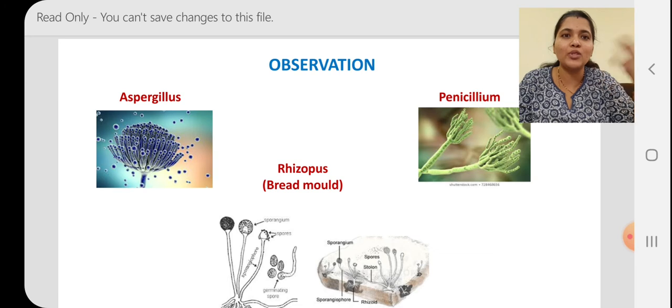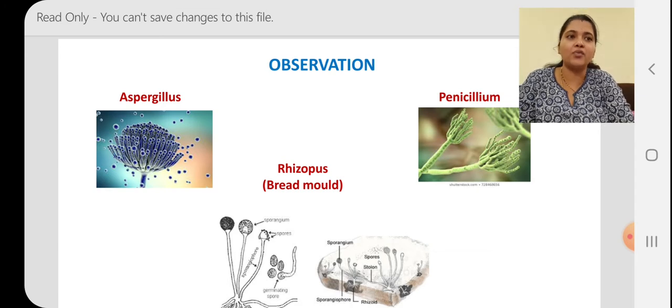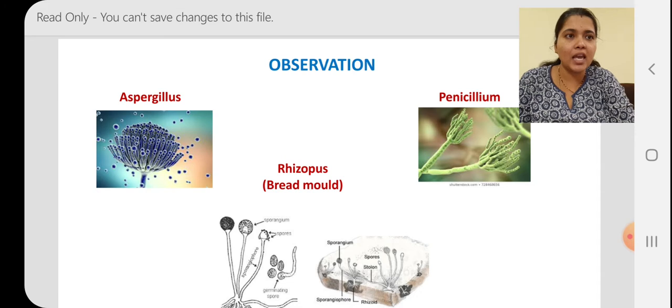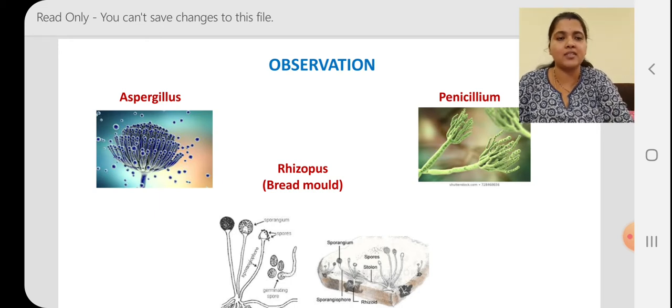I said all the spores go and fall somewhere, and again it will develop into a hyphae, then again it will spread. That is the reason we say we always have to cover the food items, because if the spores come and fall on the food items, it gets spoiled easily. So we have to always close the lids of the food items which we are going to eat.